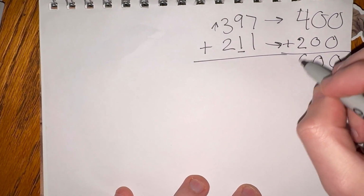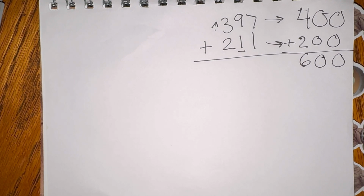4 plus 2 is 6. We have about 600 pencils. Now, if I wanted to check to see if my estimation is correct or if it's accurate, we can just